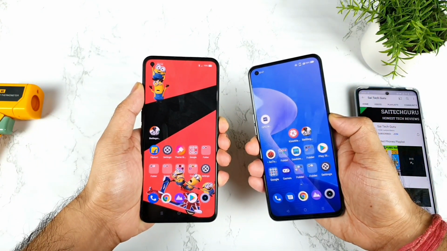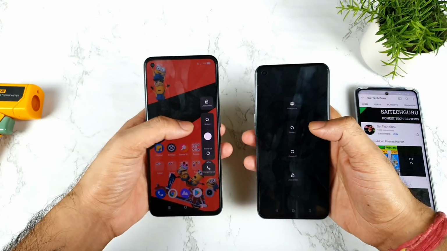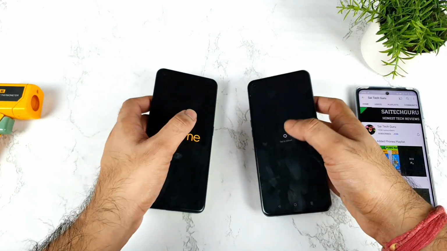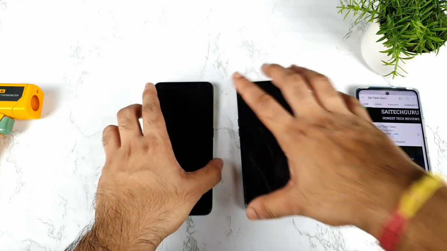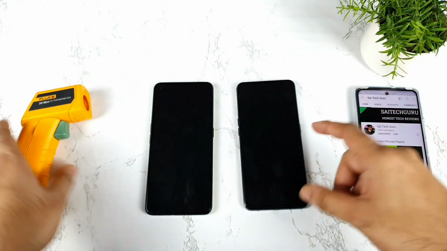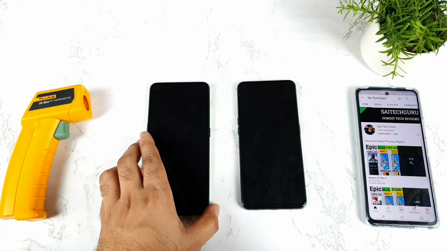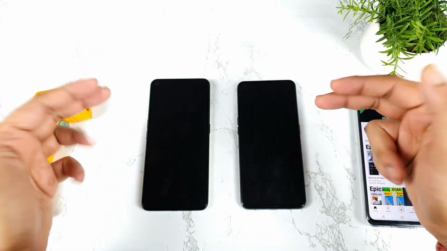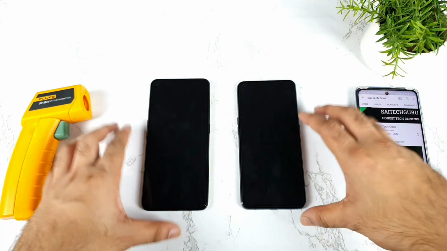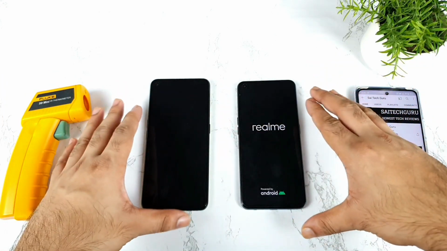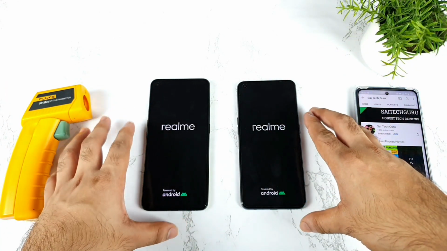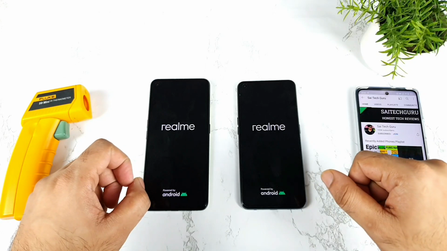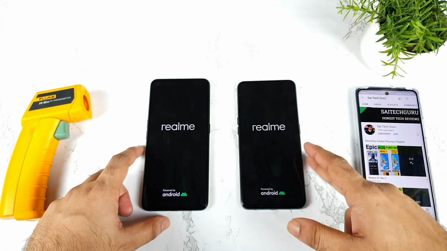And first, let me try to do the basic reboot test between these both phones, because that's the main thing which a lot of people did ask me to do, the restart as well, every time when I'm trying to do this kind of benchmark test, just to get the better results. That's the reason I thought of including this kind of reboot test as well. So first, let's do the restart and then we'll try to do the benchmark test. And I'll try to use the GT mode in both phones. So using GT mode, we'll try to perform this kind of testing. Then we'll be able to analyze what is happening with the overall result using the GT mode.